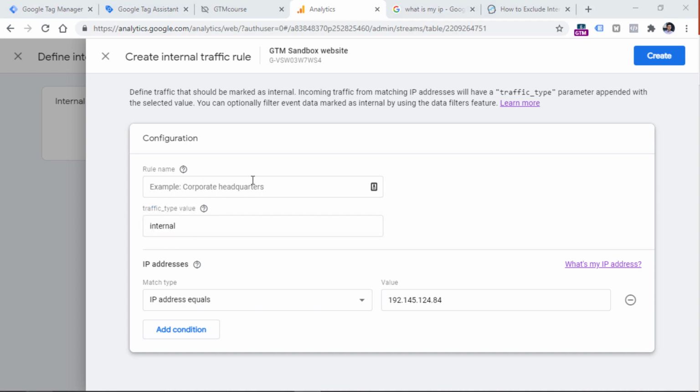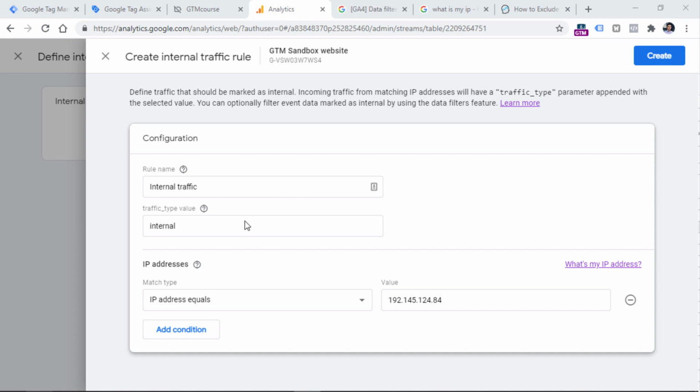And then you should enter here the name for the rule. This is purely for internal use. So you can enter something like this. If you're working with a larger business and that business has several, let's say, headquarters, then you can create rules for each headquarter and set different values here. For example, headquarters 1, maybe headquarters 2. And if you want to learn more about this part, I will post a link to the official Google Analytics documentation where you can read more about this. But for sake of demonstration, let's keep it as it is right here.